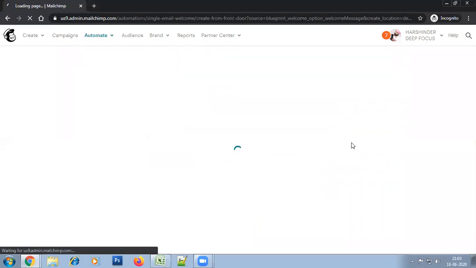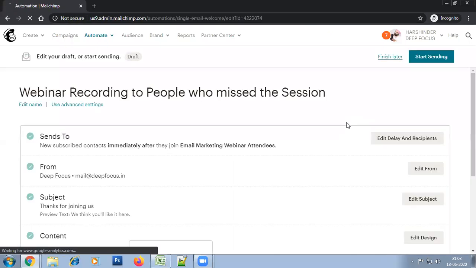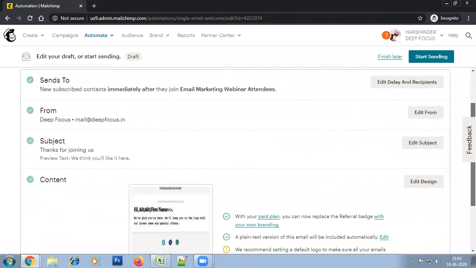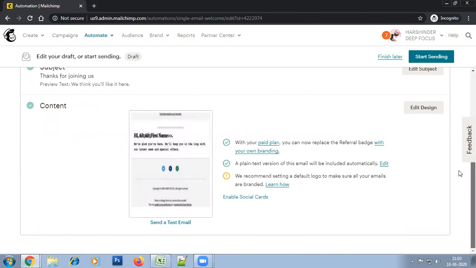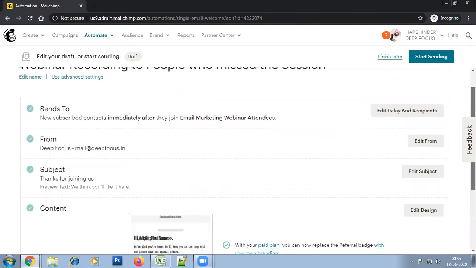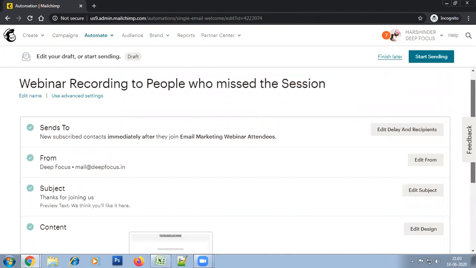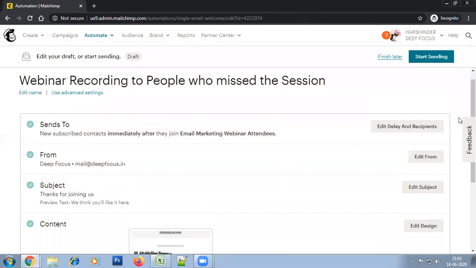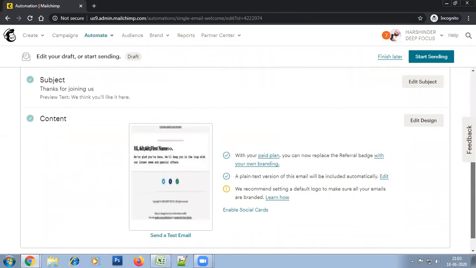I don't want to send this campaign to people who are attending, because I don't want to always remember that emails can also be very, very annoying. So if the strategies that you're using are not made properly, your emails can even end up into a disaster. So what we are going to recommend is that when we set up the automation, we have to be very relevant to our audience. So once we have set up this automation, it's going to trigger on its own